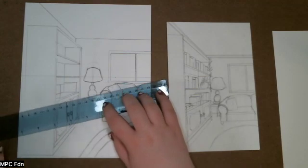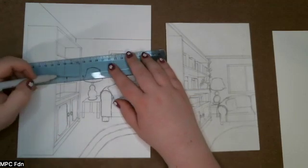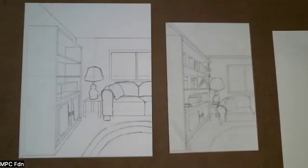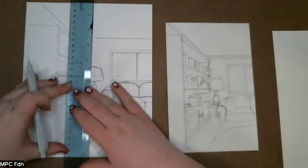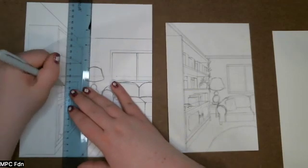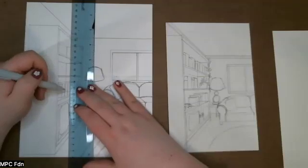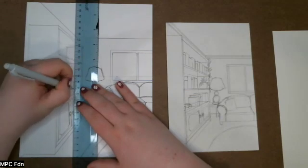So you can see I'm just making a rectangle, the same that we made the bookshelf. And then from here, I'm taking my ruler and giving it stripes. So going on the front, I'm adding in lines, and they don't have to be the same size. It looks better if you've got more variation to them,